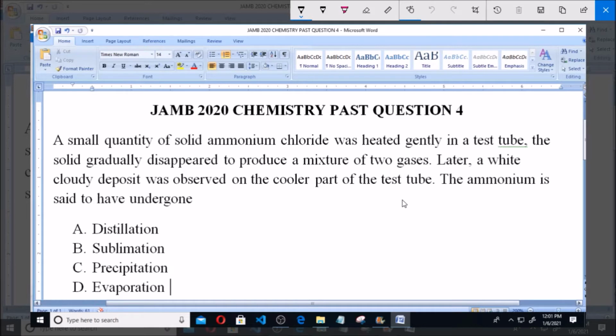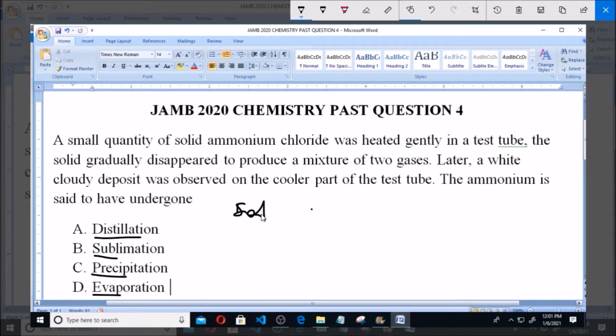The ammonium chloride is said to have undergone: A. Distillation, B. Sublimation, C. Precipitation, and D. Evaporation. Now, looking from this statement, you will observe that the ammonium chloride, when heat was applied, changes directly from